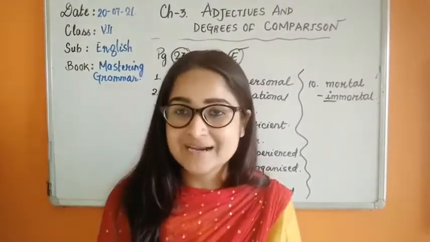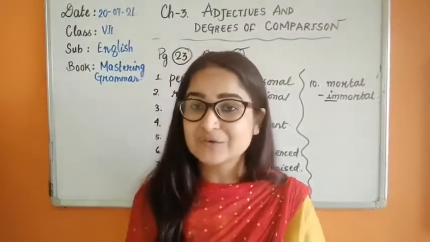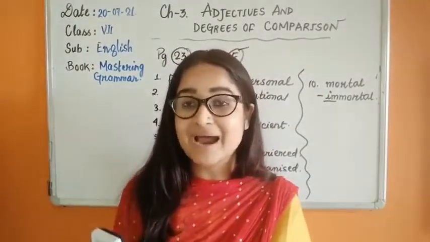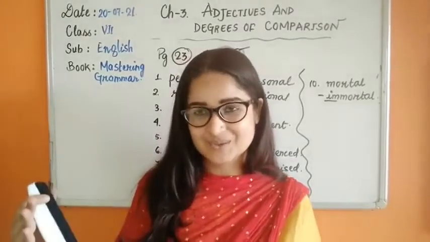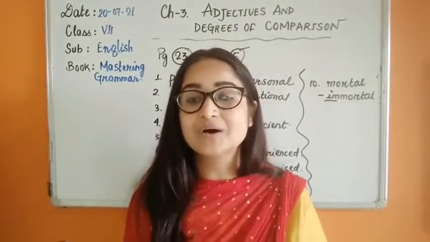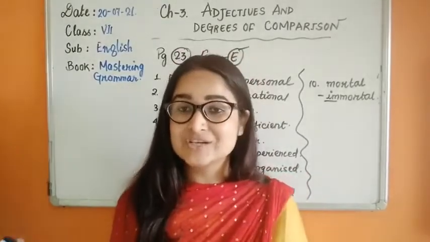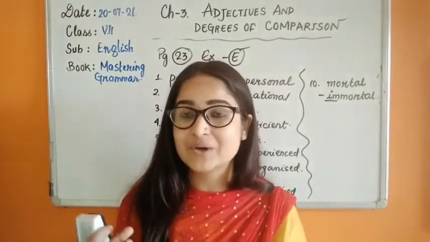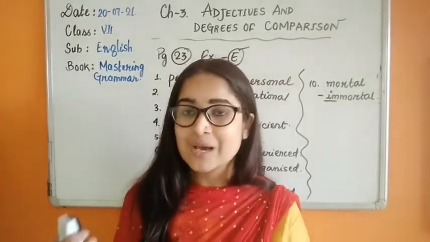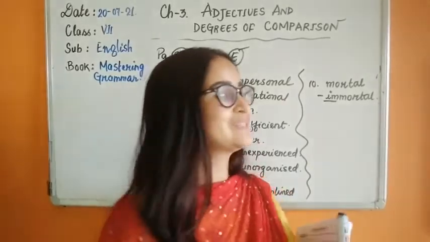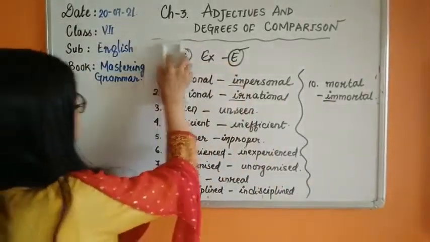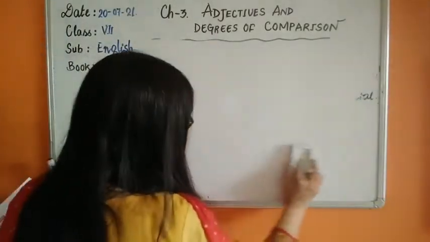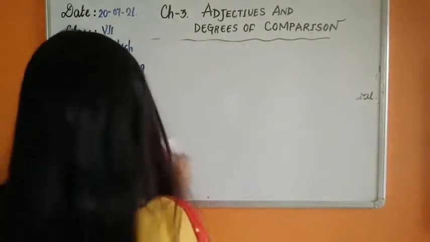So when we compare the quality of things or the quantity of things, then we say that the comparisons are in degrees. Okay, so we will be learning how several adjectives are used to compare nouns. So how are we going to compare the quality of the nouns with each other? Let's move ahead with the degrees of comparison section, because we are done with the adjectives. Now we will be moving ahead with the degrees of comparison of adjectives.